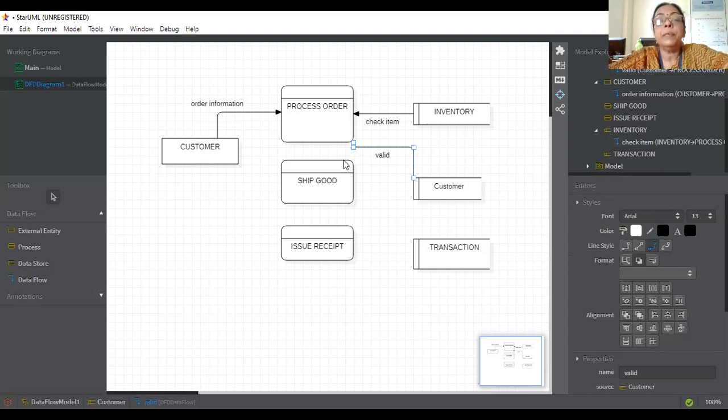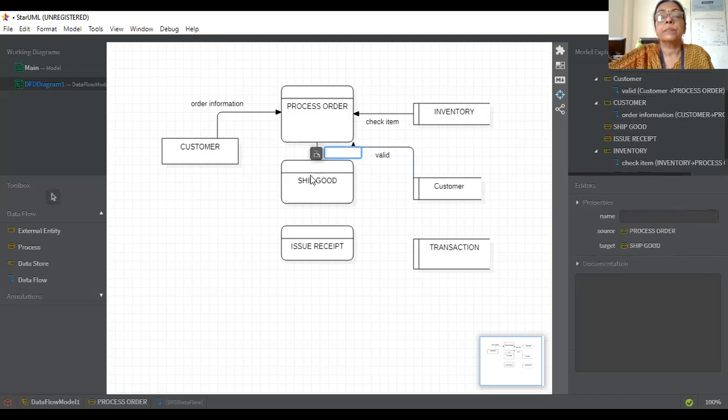After that, what will happen? If yes, then goods will ship. So you make a line from here to here. You will write like this.